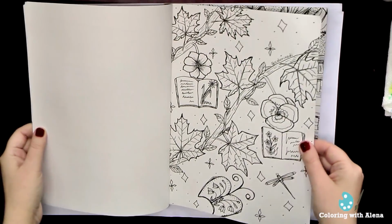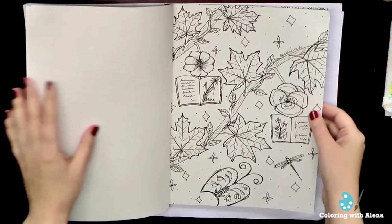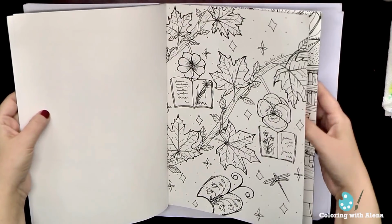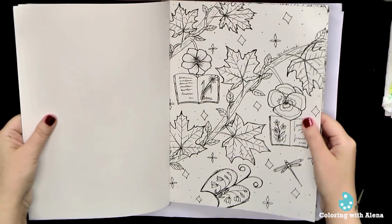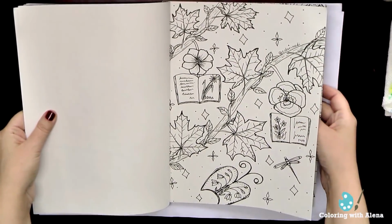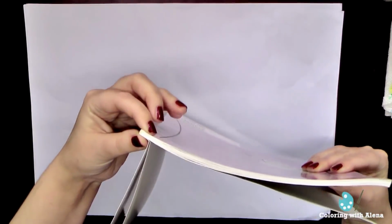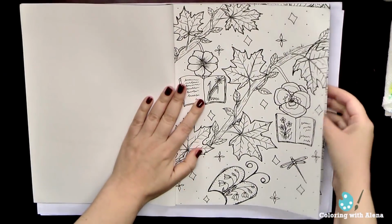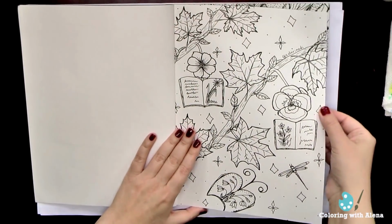So we have nice paper, nice tooth of the paper, and nice thickness, and it will be suitable to use any of your favorite art supplies because pictures are one-sided, and you can use any watercolors or pencils. It's nicely glued together, and you're able to open it and lay flat. The paper is warm off-white color,